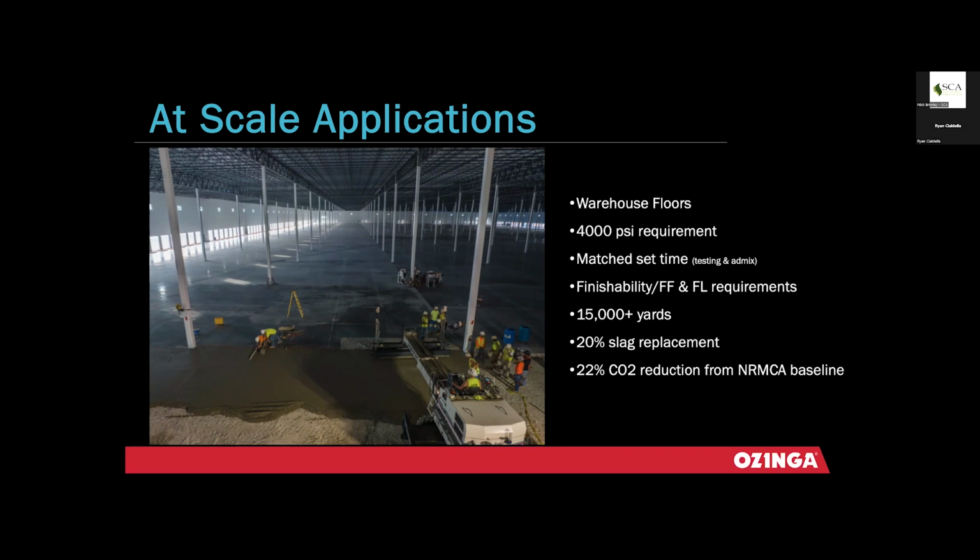In our industry, you don't get too many compliments, but when they come back and say that it finished better than what they're normally used to, and it didn't cost them any more time. Again, the small incremental costs for accelerators weren't crazy. In the grand scheme of things, it was single-digit percentages, and we were able to get a 22% reduction from the NRMC baseline. So, starting to dip your toe in the water in some of these applications, especially as you see some of these larger facilities going up, where they've got 40, 50% reductions from baselines,